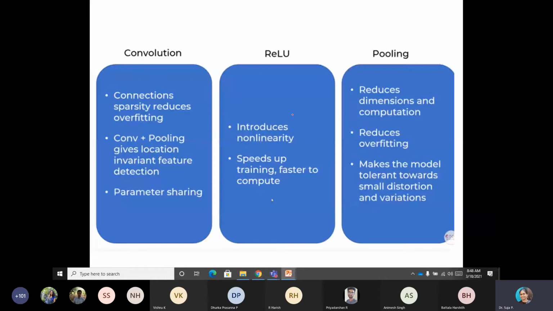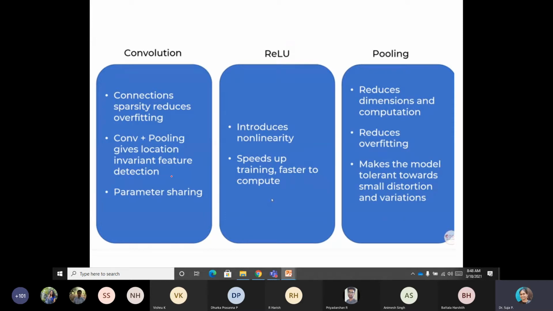So what happens ideally in this convolution, ReLU and pooling is it reduces the sparsity. That means the number of connections are sparse. It reduces all the connections, and it gives location invariant feature detection.